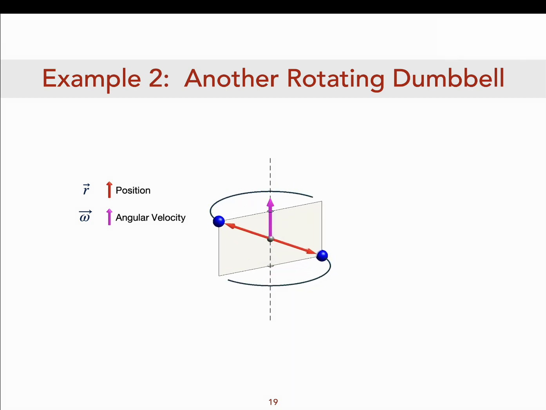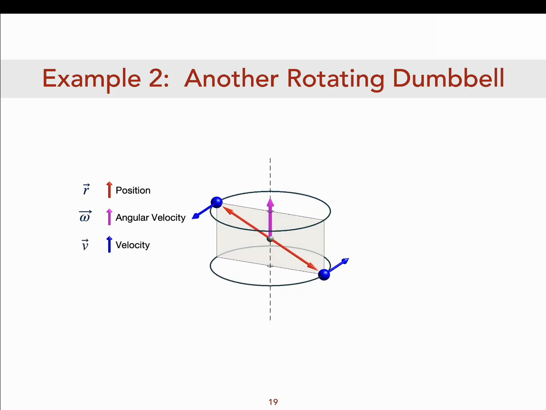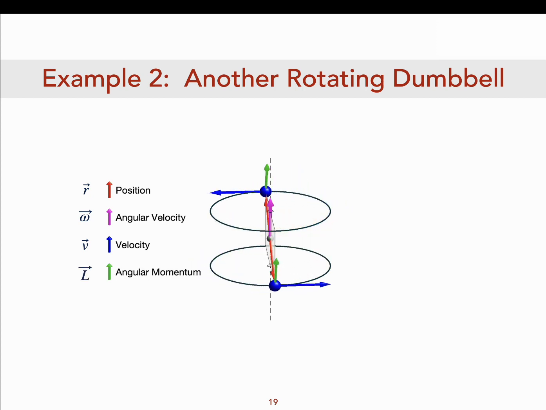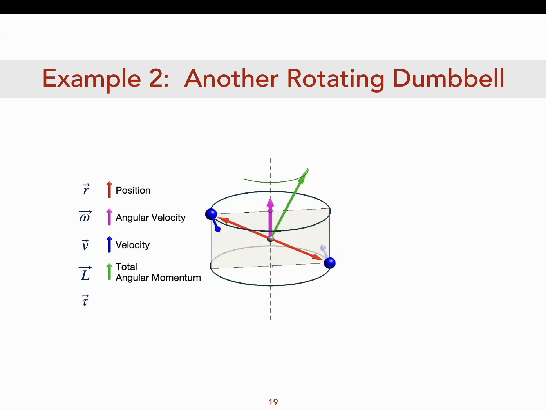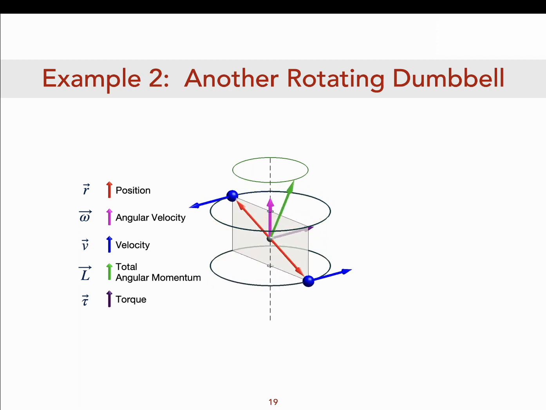So there are objects tracing out circular paths that are displaced from each other vertically. The velocity vectors are in blue. The angular momentum vectors for each particle are in green. And now we're going to add them together to give the total angular momentum vector. And finally, the torque. We're going to derive this a little bit later, but the torque is now given in that dark purple color. So the torque, from Newton's second law,